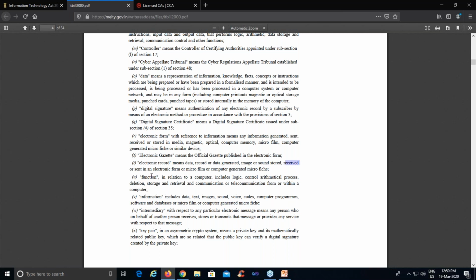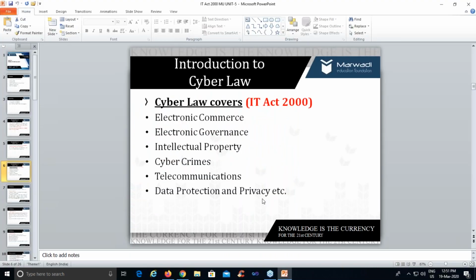Okay, received or sent in electronic form, or microfilm, right? I mean, you are recording in the form of microfilm or electronic form. That comes under IT Act 2000 section 2(t), that defines electronic record, right? So let's move ahead with the PPT.